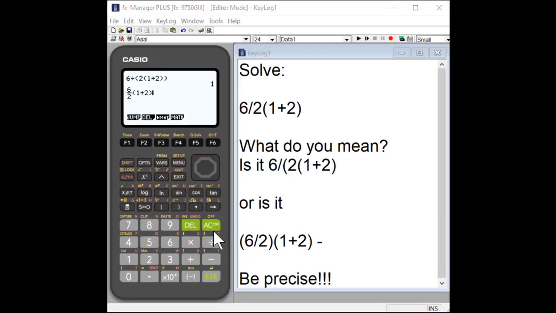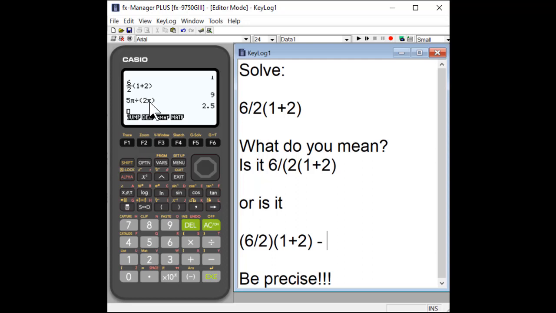I wanted to also give you an example of, and let's just hit execute, get our answer, of how the calculator is interpreting implied multiplication, basically. So let's say I want to do 5 pi. So I've got 5, and instead of times, I'm going to do 5 pi. I'm going to use the pi symbol, which is right here in yellow above. So I'm going to hit Shift pi. And if I divide by, let's say, 2 pi, it's going to do the same thing. It's going to basically show me how it interpreted this. It interpreted this 5 pi as a group and this entire quantity as a group.